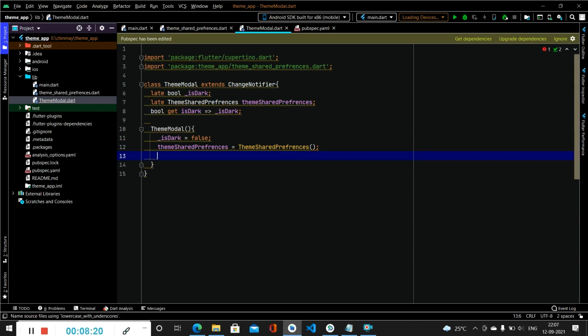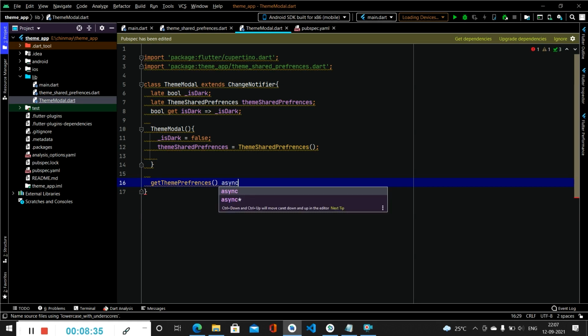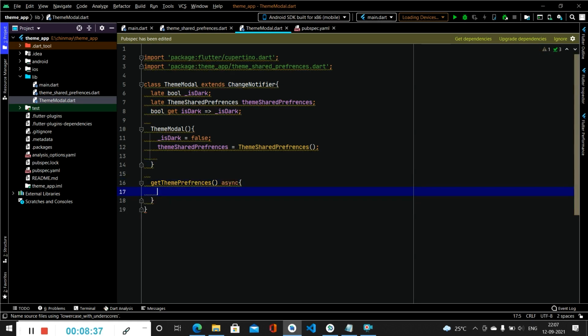After that we will be creating a method to get the theme preferences which are already being set. So we will create a method getThemePreferences. Inside this we will be simply calling isDark, and we will get the value for it from our shared preferences.